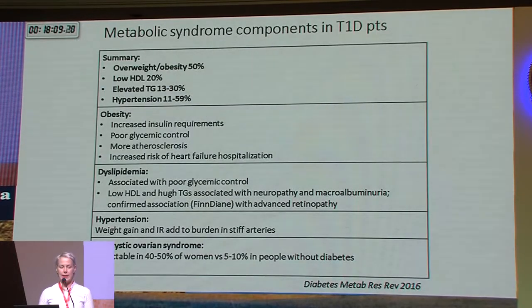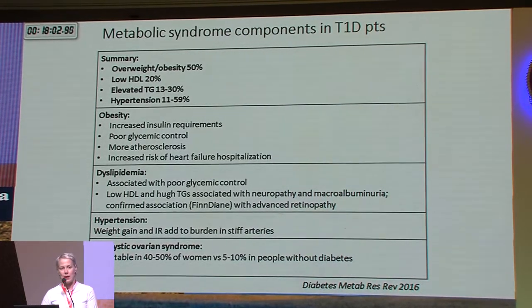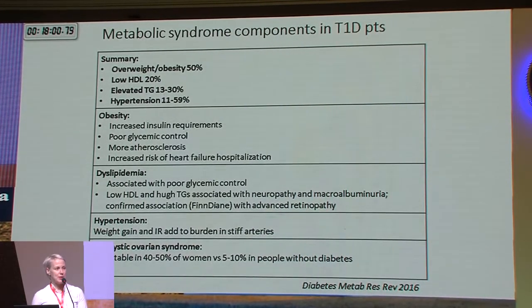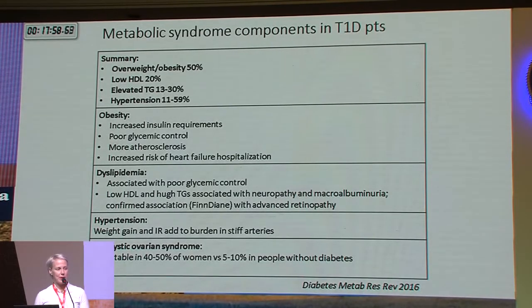It's easy to understand, and you can realize now that also patients with type 1 diabetes have some common things with type 2 diabetes patients, such as overweight and obesity in half of the patients, low HDL level, elevated triglyceride, hypertension, dyslipidemia, and even polycystic ovarian syndrome, and we need to remember it when we're treating our patient in the correct